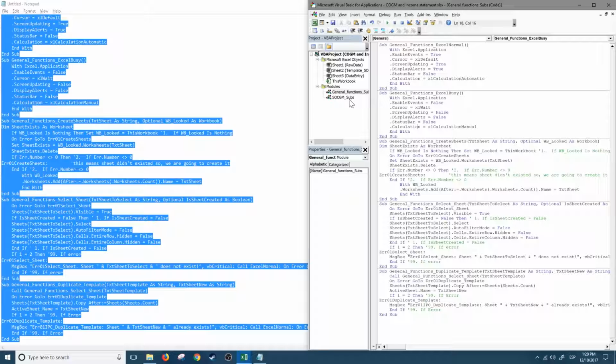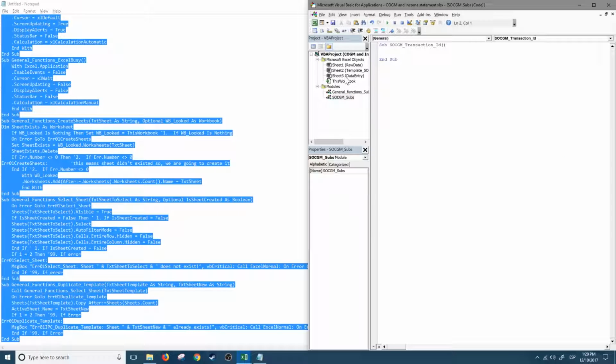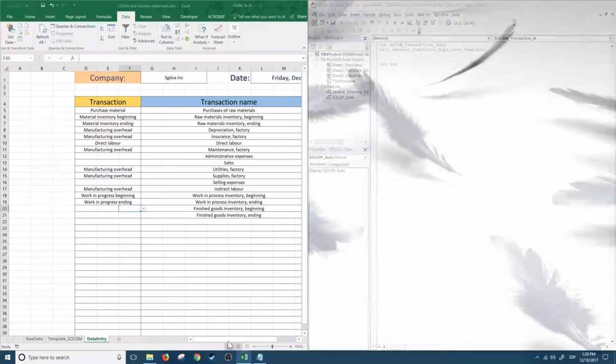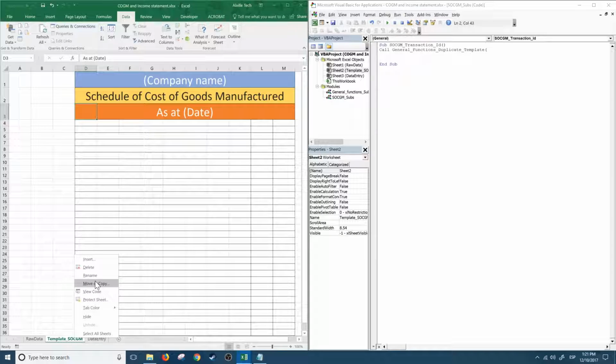Let's get back to our module SOCGM, and let's call one of the subs that we just pasted. So call general function, and we're going to call the duplicate template in order to duplicate the template for the SOCGM first of all. So it requests two parameters. First is the text of the sheet template, which we are going to look here. Now we're going to copy this name,